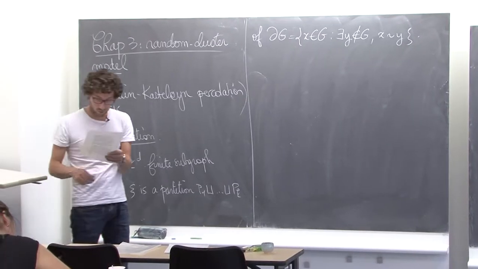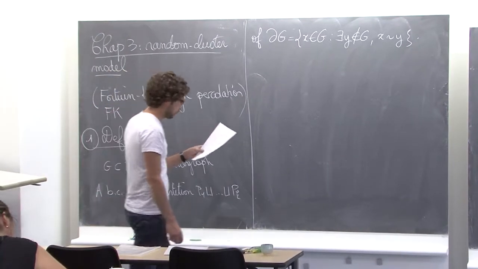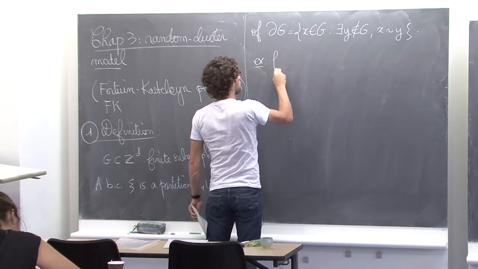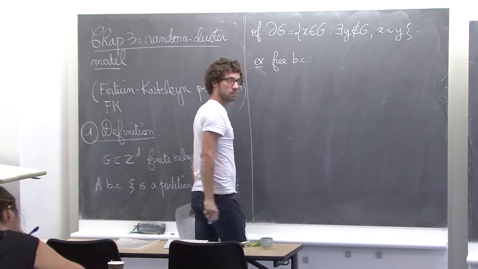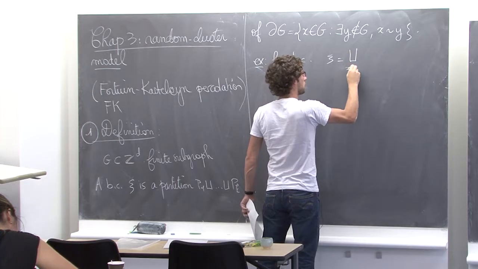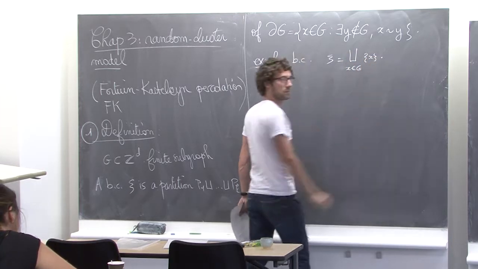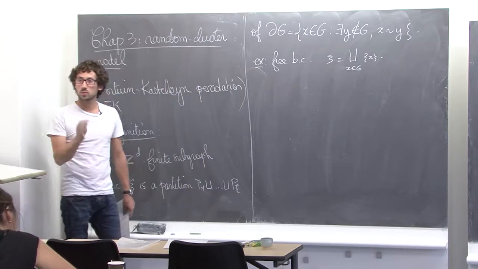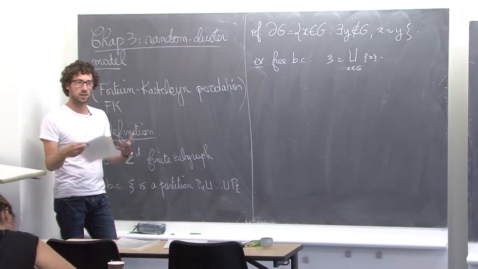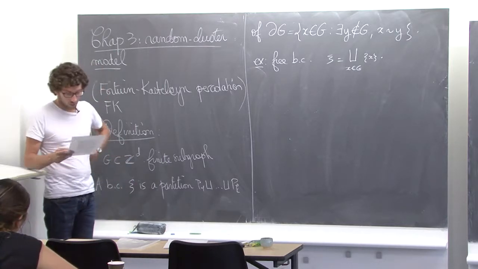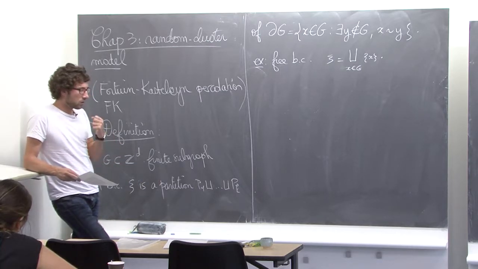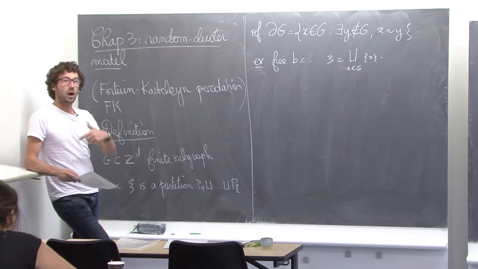I'm going to give a few examples afterwards. Well, I can give examples now. So for instance, the first one is going to be the free boundary conditions. It's just when you take psi to be the union over the x in the boundary of the singleton {x}. So everybody is a singleton. You should understand the boundary conditions later on, that's why I defined them. Think of the partition as encoding who is connected to who outside the graph.